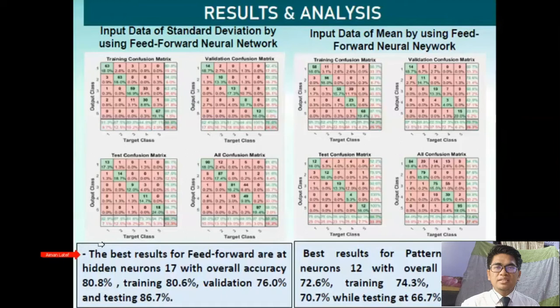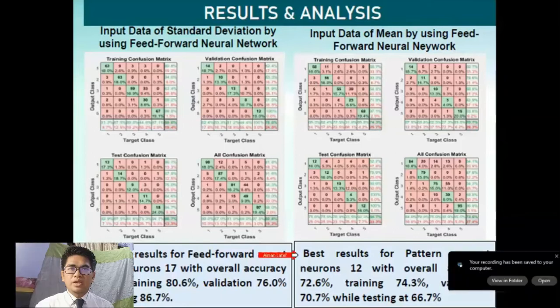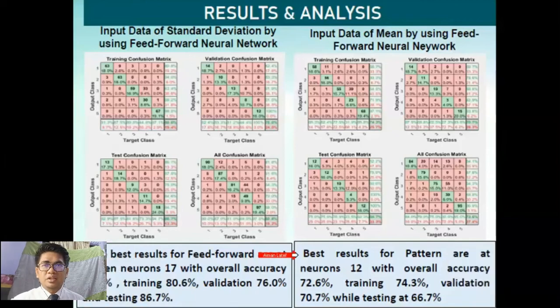For the input data of mean by using feed-forward neural network, the same procedure is repeated by changing neurons from 10 to 20. The best overall accuracy is obtained at neuron 12, which has overall accuracy of 72.6%, training 74.3%, validation 70.7%, and testing